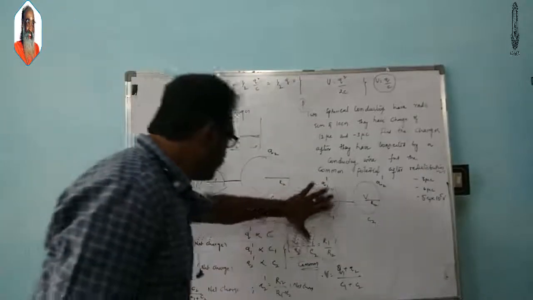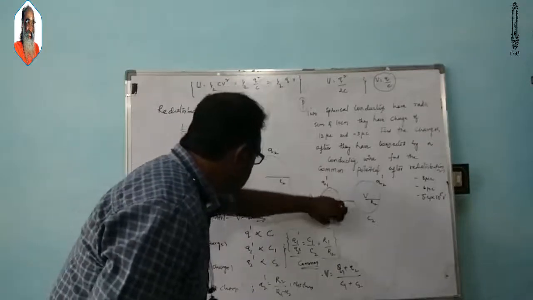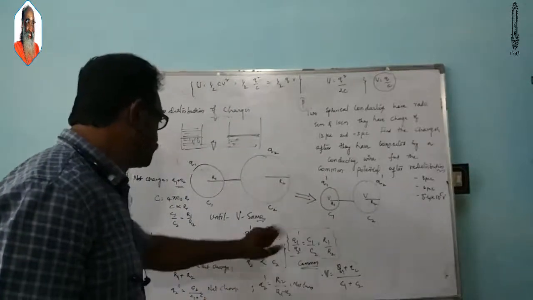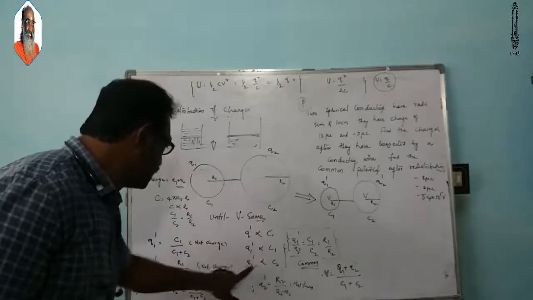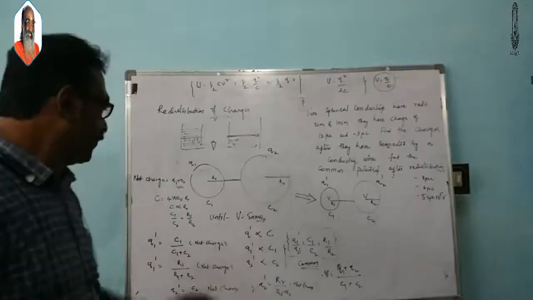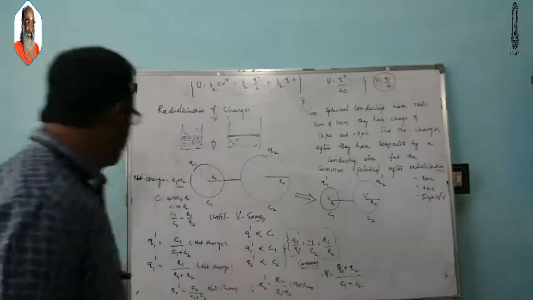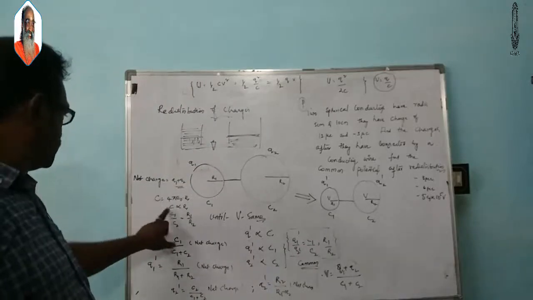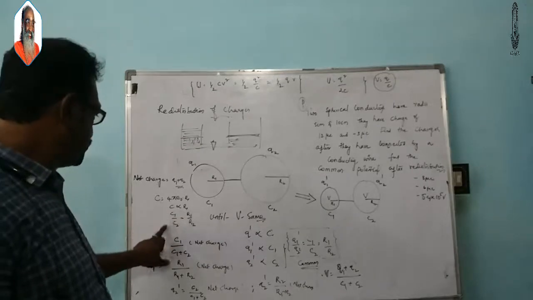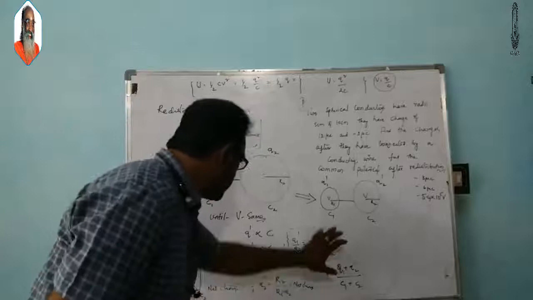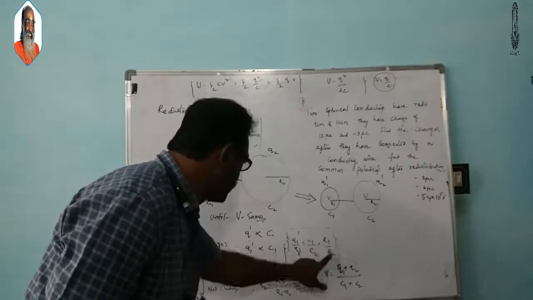Now we have derived the expression, because the new amount of charge depends upon the capacitance. So Q dash is proportional to C: Q1 dash proportional to C1, Q2 dash proportional to C2. Finding the ratio, Q1 dash by Q2 dash is equal to C1 by C2. Already we know capacitance is directly proportional to the radius, so C1 by C2 is equal to R1 by R2. So Q1 dash by Q2 dash is equal to C1 by C2 is equal to R1 by R2.